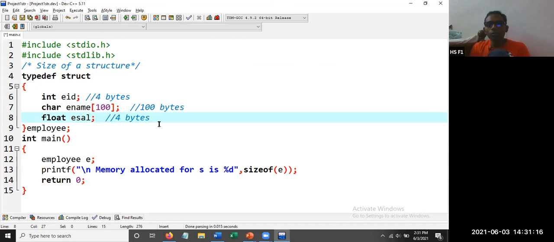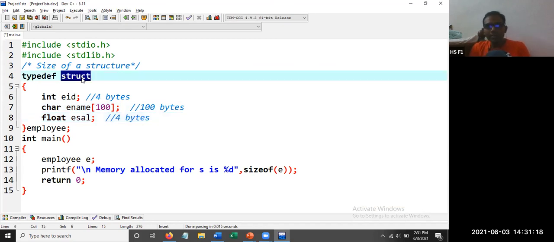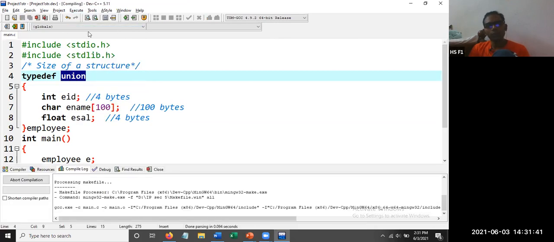Now I'm changing the code. Think that structure and union are same. We are having one more user defined data type called union. Now instead of writing structure here, I'm going to write union. Another technique to allocate the memory, to group the variables, etc. Now if I execute, see what is the output.